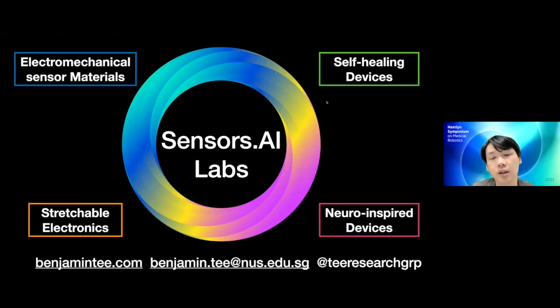Also very interested in self-healing materials because actually my home department is material science, and I think that self-healing materials can present some possible solutions to address sustainability challenges moving ahead as we start to consume more and more electronic devices. I'm also very interested in neuro-inspired work where we look at how the human nervous system operates and how